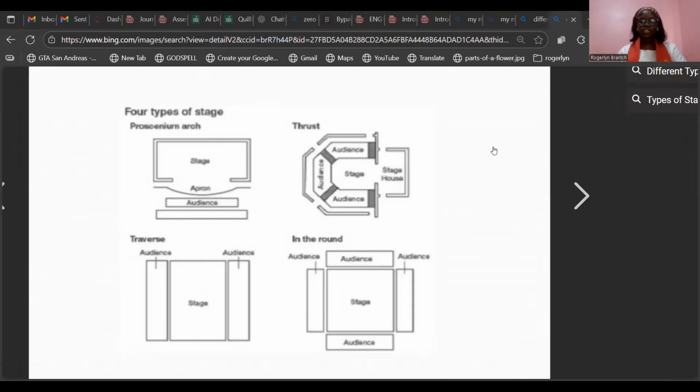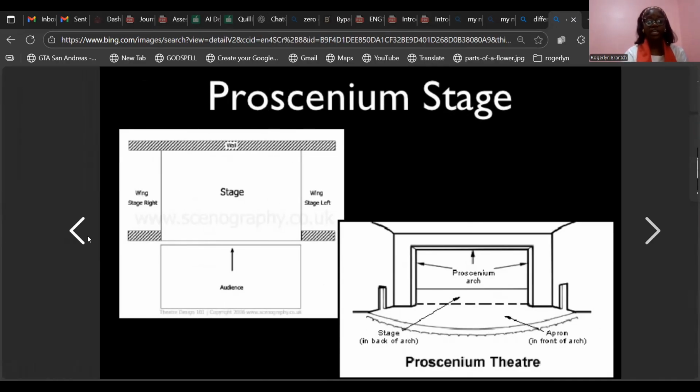So these are images to show the different types of stage. We have the first one, which is like the culture center. If you have been to the culture center before, we know that we have the stage and then we have the audience. That is a proscenium arch. We have the thrust stage, whereby we have the stage and then we have the audience surrounding, but not completely around. This is theater in the round, whereby I was just explaining we have the stage in the middle, then we have the audience all around. And we have the traverse stage, that's most times used for fashion shows. We have the stage straight down in the middle, and then we have the audience on the two sides.